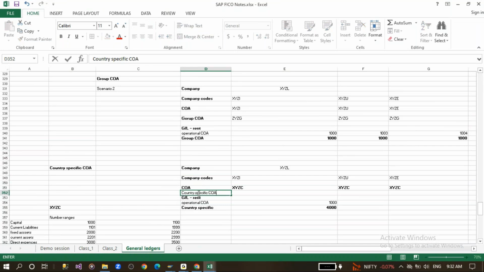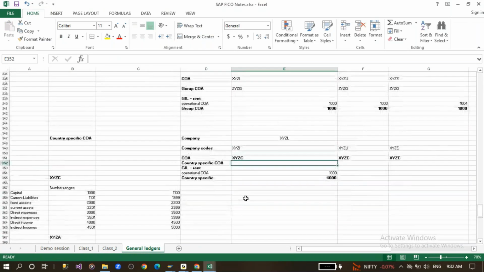Chart of accounts. So I'll be creating the country specific chart of accounts XYZA. Now I'll be assigning XYZA only to this company code, right? I only have the requirement for this company code. So I'll be creating the country specific chart of accounts and assigning it only to this country, because of the group reporting concept,